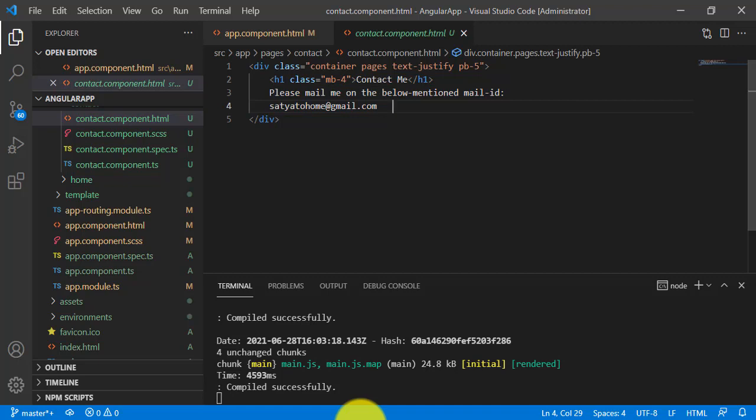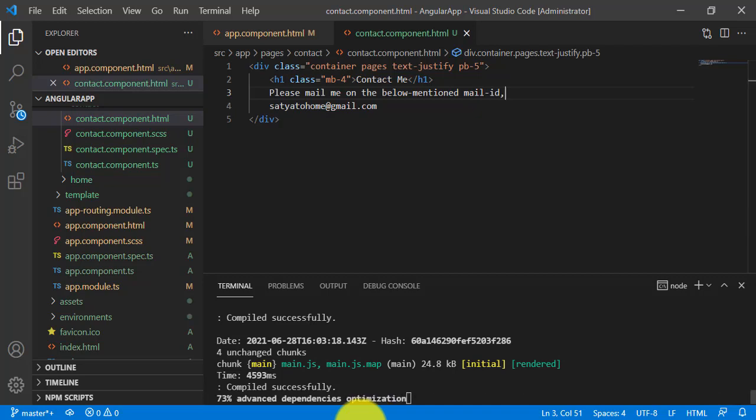And I want to change this mail ID also here. In the Satya mail ID, I just remove this hyphen. Okay, now I'll remove this colon and put a comma here, and I save these changes.